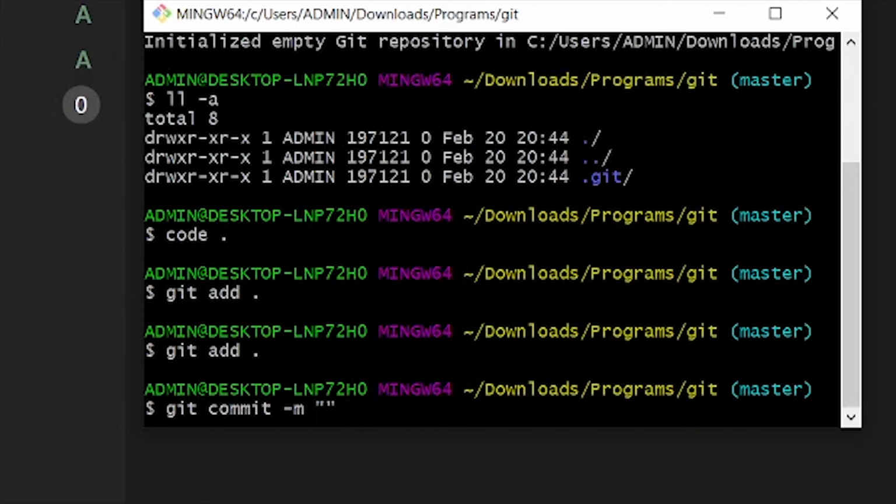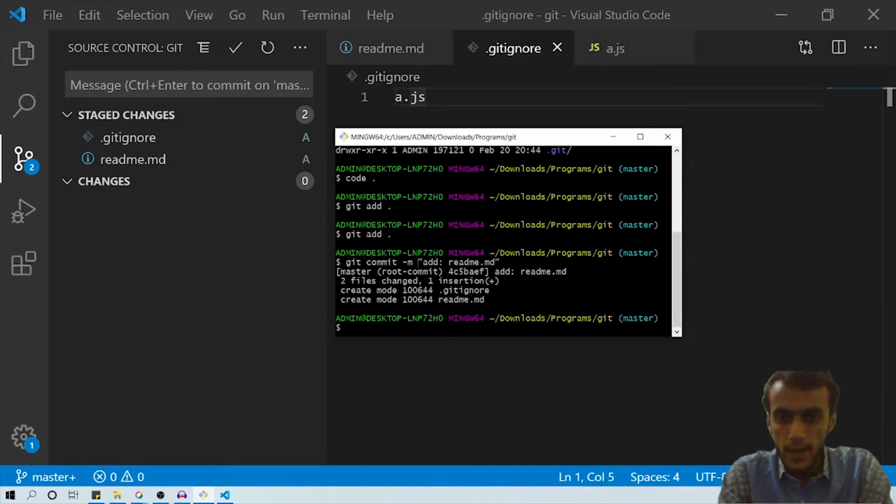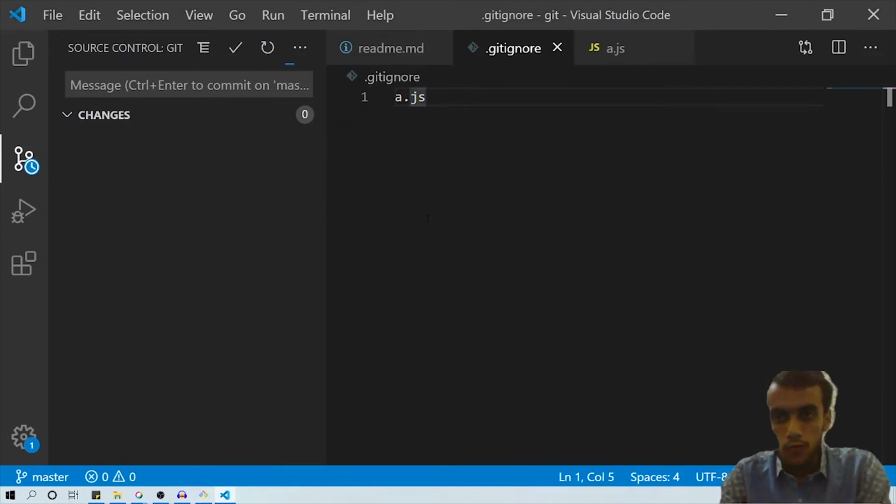This -m means message, right? git commit -m, and the message is "add readme.md". So it added these files from staged to commit. It actually created a commit of these staged changes.